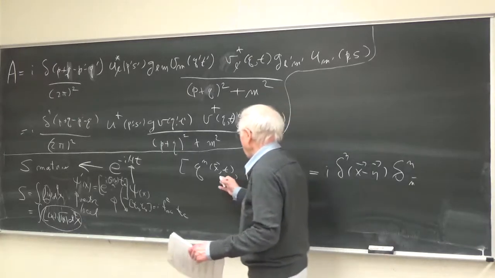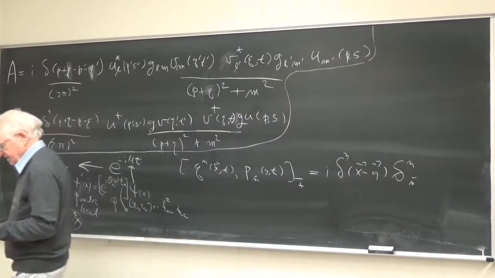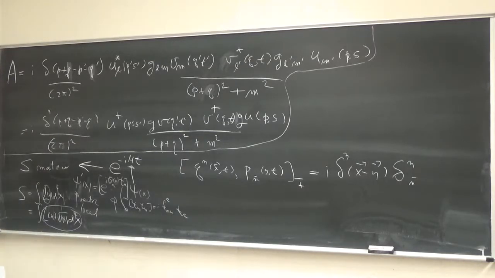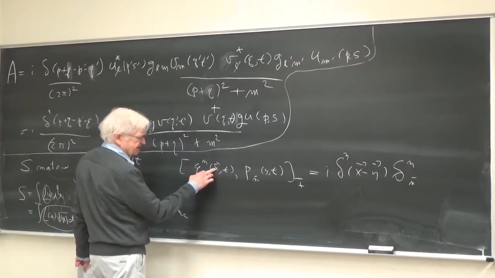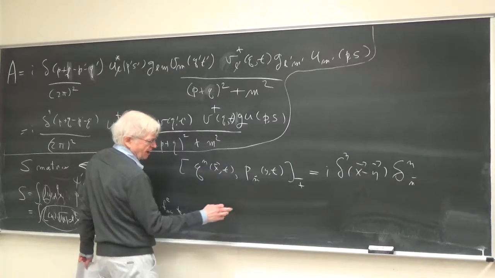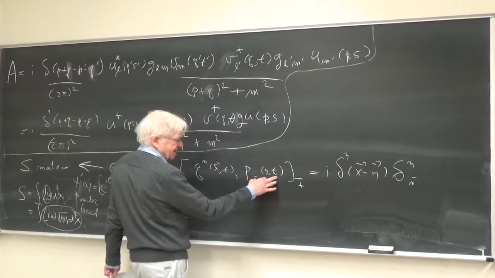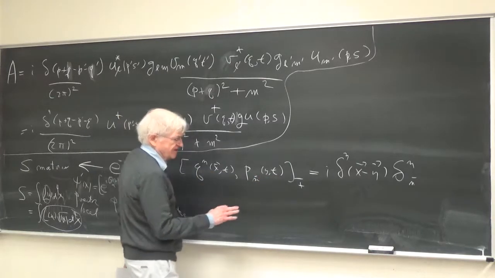N and n-bar are type indices, or spin indices. In any event, you have a bunch of q's at each space-time point, a bunch of p's at each space-time point, and then you have these